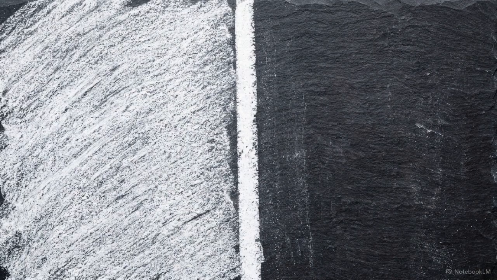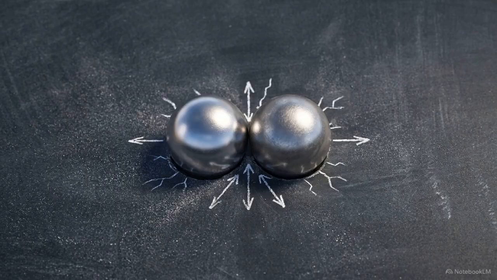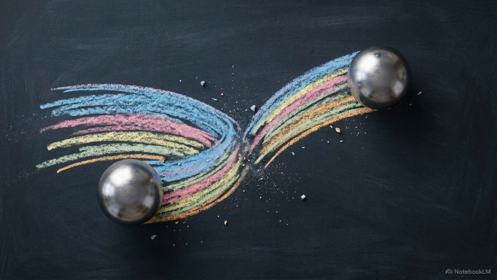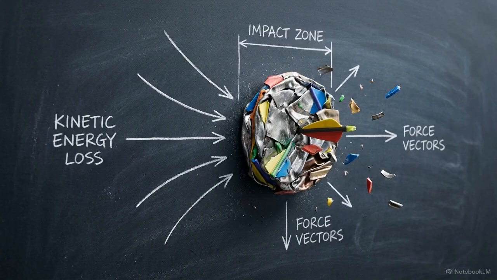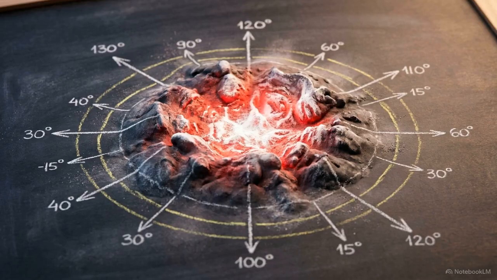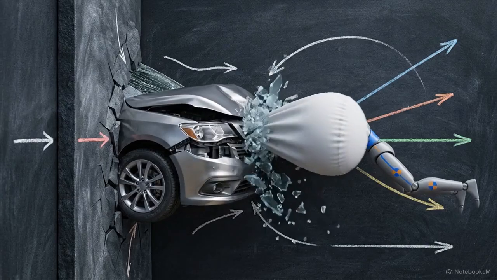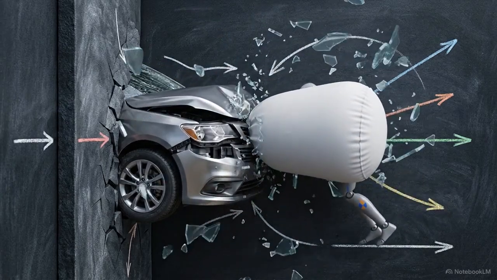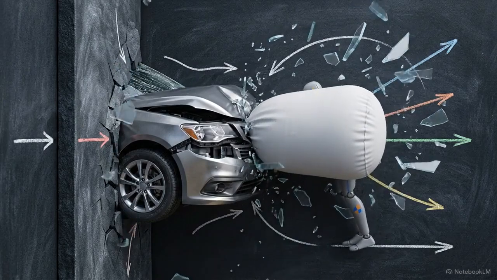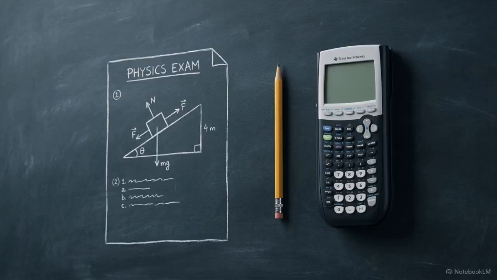We divide collisions into two types. In an elastic collision, kinetic energy is perfectly preserved. In an inelastic collision, some kinetic energy is permanently lost, converted into heat or physical deformation of the objects. The individual forces experienced during a crash are violent and chaotic, but the total momentum of the closed system remains an unbreakable mathematical constant. Let's bring these rules together into a practical, exam-level problem to see how these theories operate